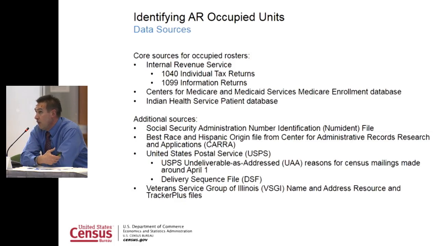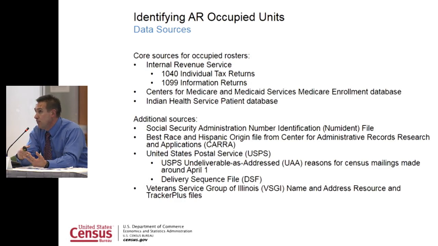We'll also go a little bit over some of the data sources which we are using. With building our rosters, we are taking from the Internal Revenue Service the current filings from the 1040 tax returns. As I did mention, we got a delivery in early May, which accounted for all the processing they were able to do of anybody who filed their taxes on April 15th, before they delivered to us in early May. We also had the 1099 informational returns and W-2s, and we included people found in the Center for Medicare and Medicaid Medicare enrollment database.